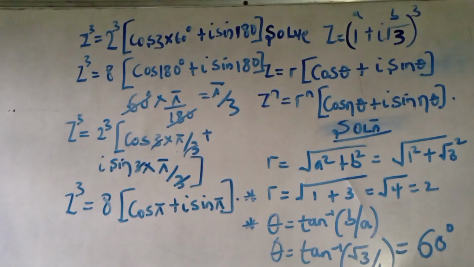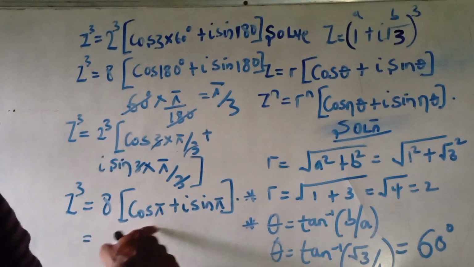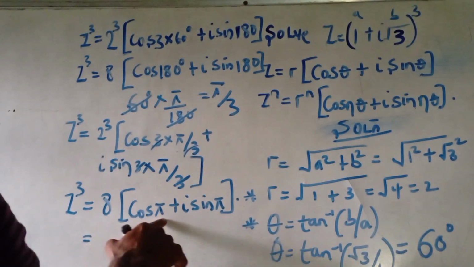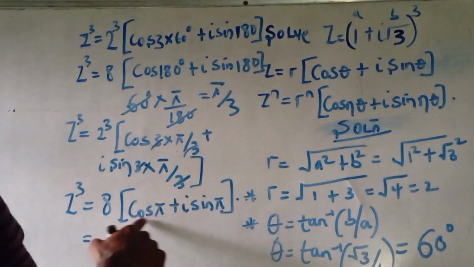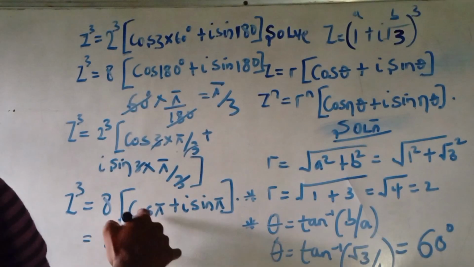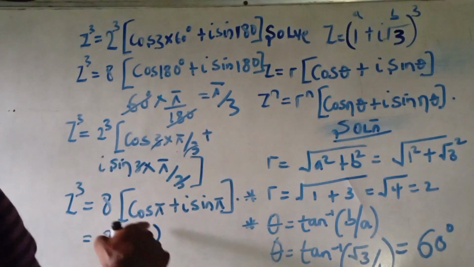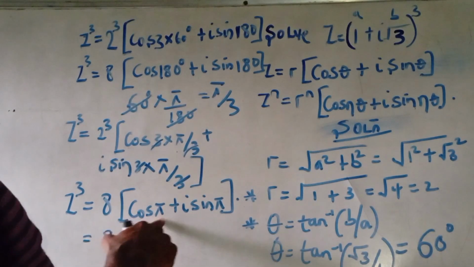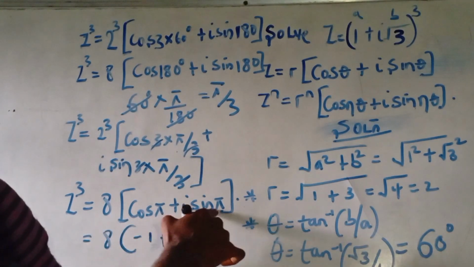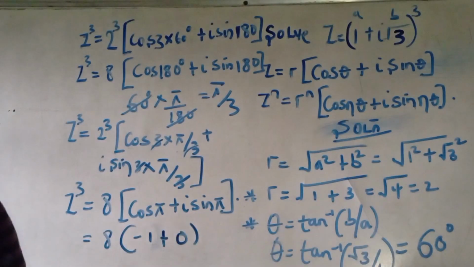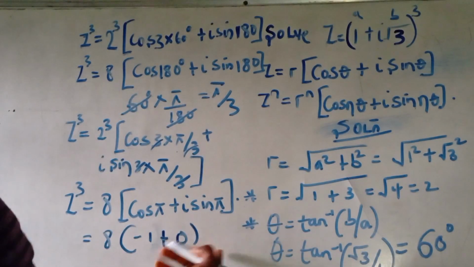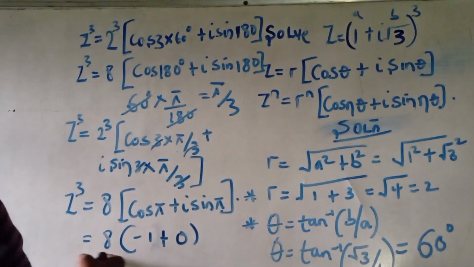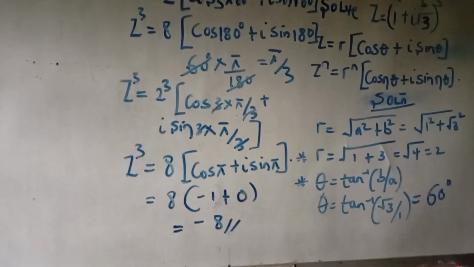So if you want to go the extra mile, if you press cos 180 in your calculator, cos 180 will give us minus 1. Then sine 180 is 0. So this can be minus 1 plus 0. That is minus 1 times this. That is so minus